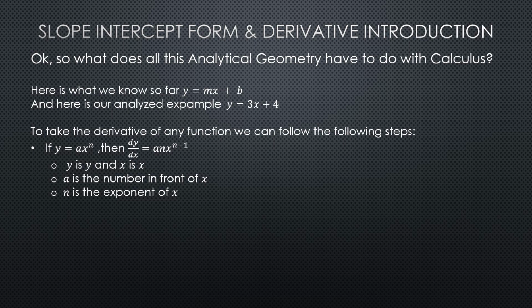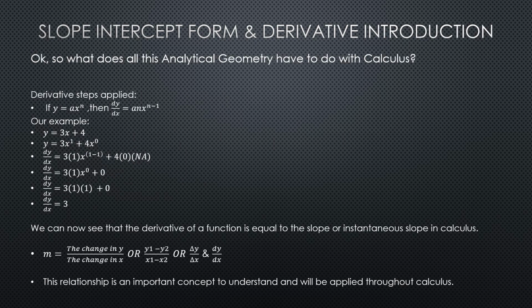So y is y and x is x. The a is the number in front of x, so it's some number. And n is the exponent of x, so whatever x raised to whatever power. So the easiest way to kind of figure out how to do a derivative is to just do a few examples. And so if we start with our original function y equals 3x plus 4,